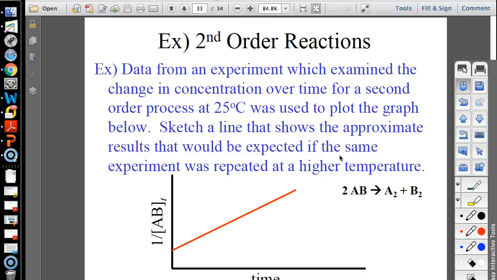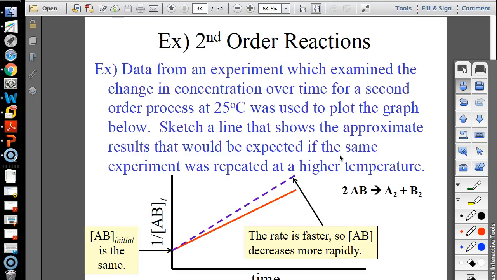Have you thought about your answer? That was quick. All right, Sarah, what would the slope of the line look like now? Right, because the temperature is higher. So that would make my rate constant higher, and the rate constant is the slope of the line. Okay. All right, so why don't we go ahead and I'm going to stop the video, and then